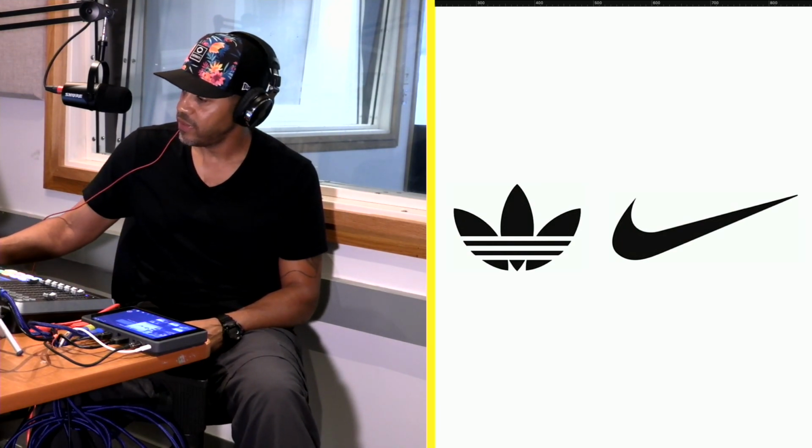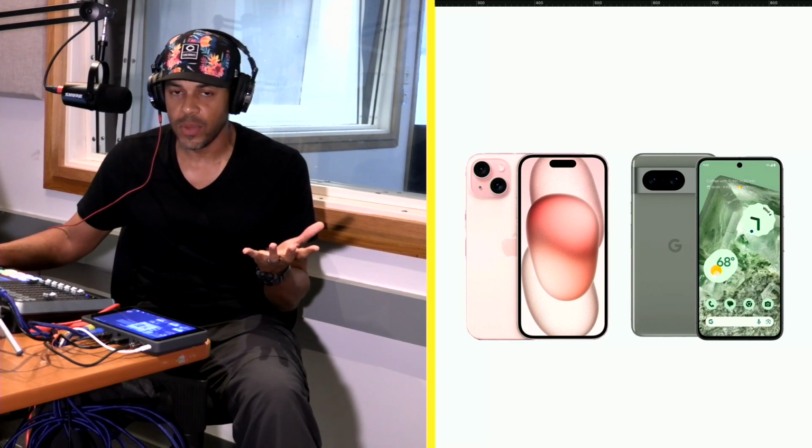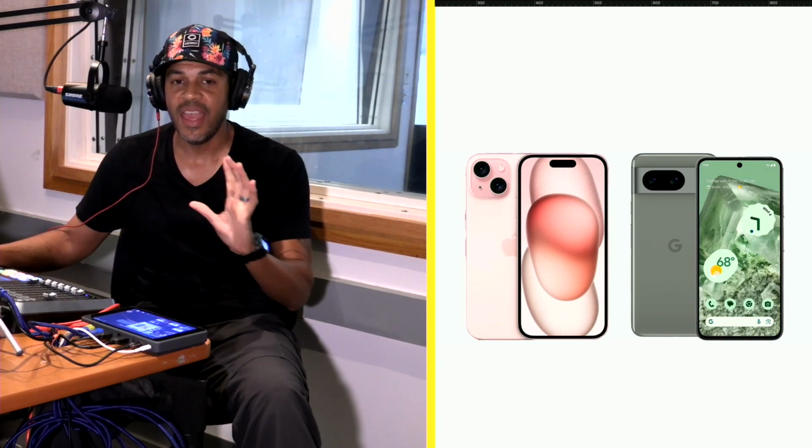Like, for instance, Apple definitely has a cult-like following. I wouldn't say Android has a cult-like following. Even Google or Pixel, I wouldn't say they have a cult-like following, to be honest. It's kind of like they catch everybody that doesn't belong to the Apple cult or the iPhone cult. Android just catches the rest of them.